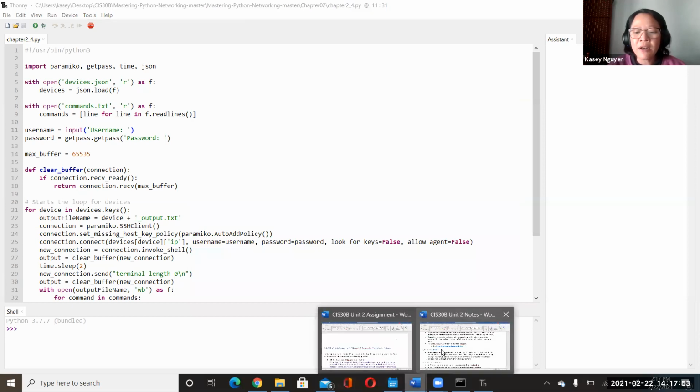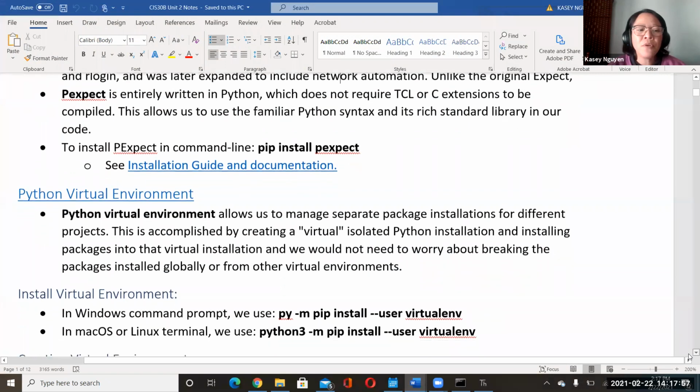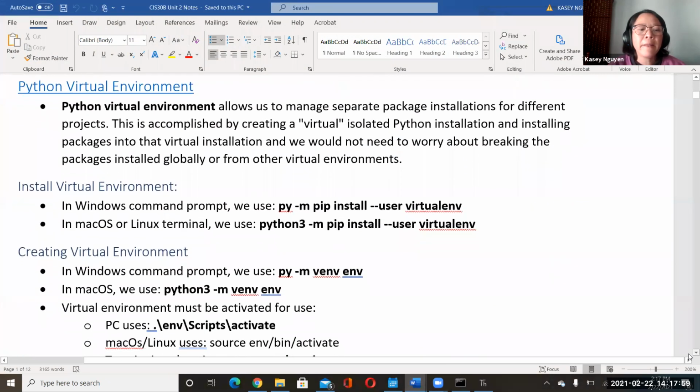In the notes, it talks about how to set up your Python virtual environment, and in the text, it talks about how to set it up with the Mac OS or Linux terminal. If you're using a rarer release of Linux, some would require apt-get install or sudo apt-get install.